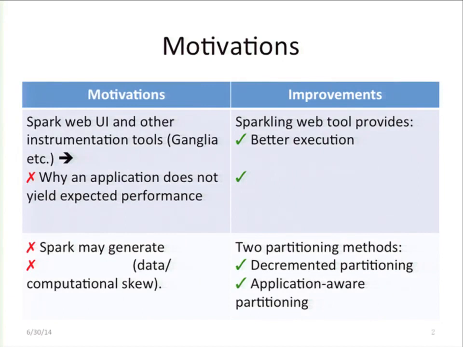We all know that Spark has provided a web UI and other instrumentation tools such as Ganglia for users to better understand the performance of their application. However, the more I use those tools, the more I found they are not providing the information about why an application does not yield expected performance. Instead, our Sparkling Web tool provides better execution